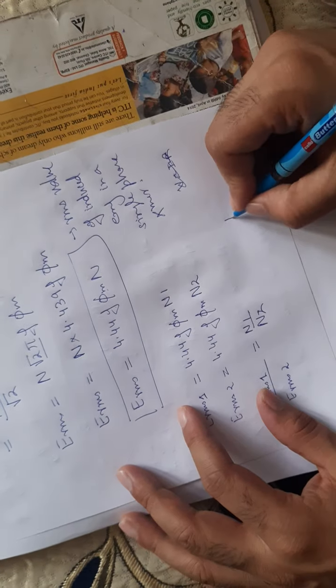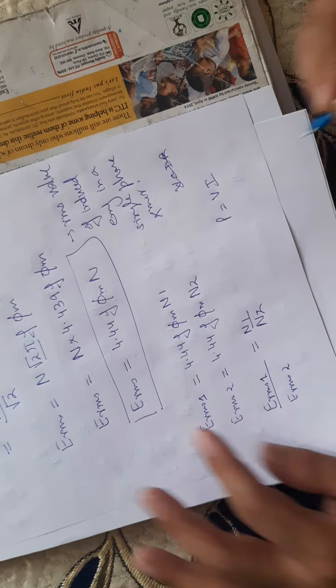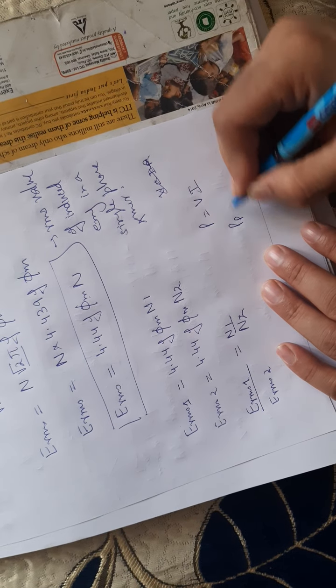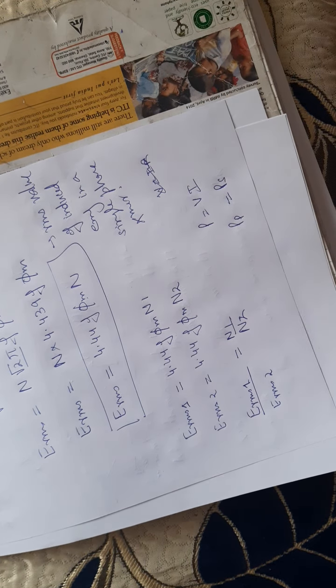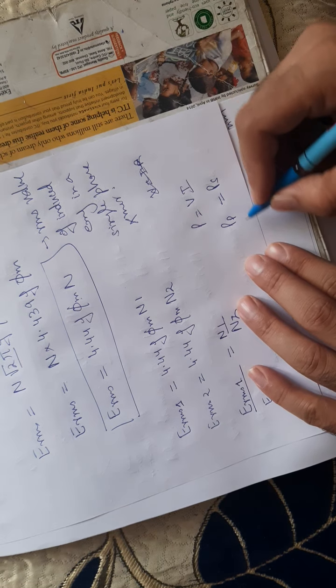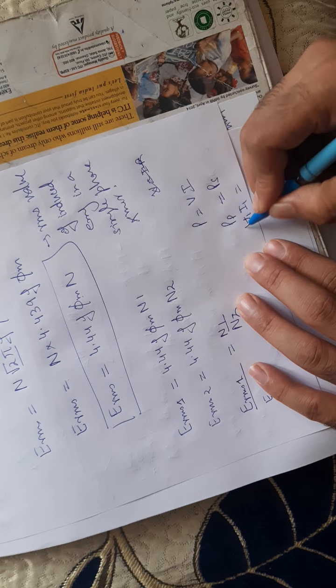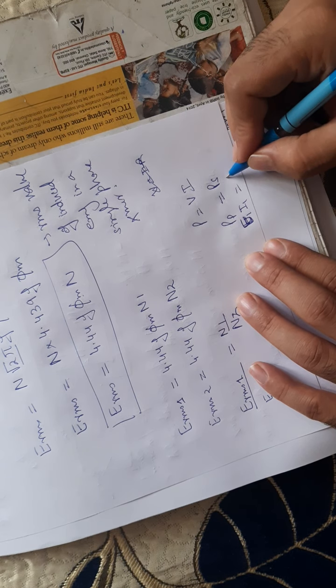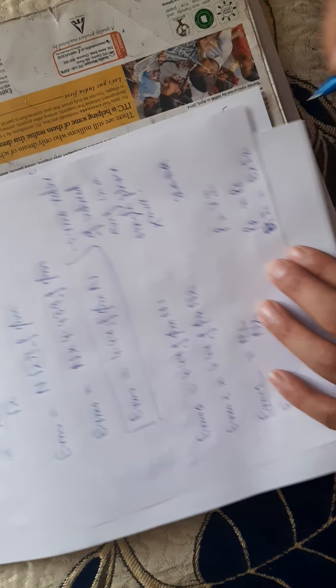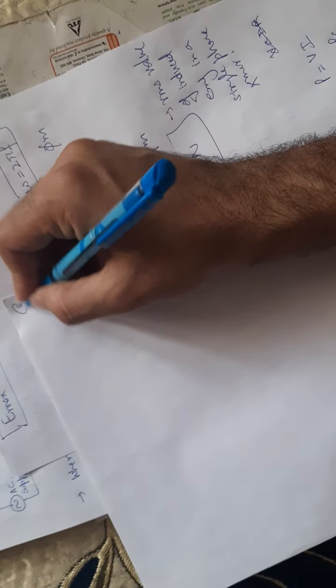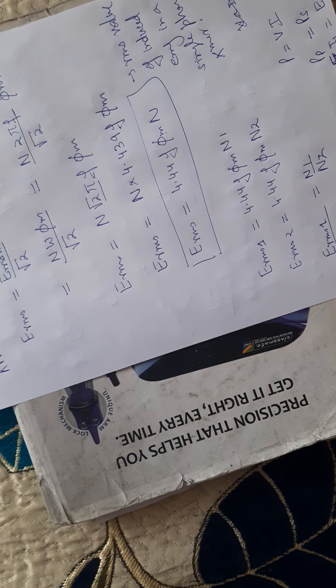Power is nothing but V into I. So power on primary is almost equal to power on secondary. Power on primary is V1 I1, or I will write it as E1 I1, and power on the secondary is E2 I2. I told you in your first lecture that the transformer does not change the power and the frequency remains the same, though there are some losses in the transformer which are very small.